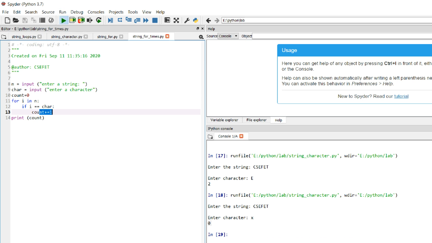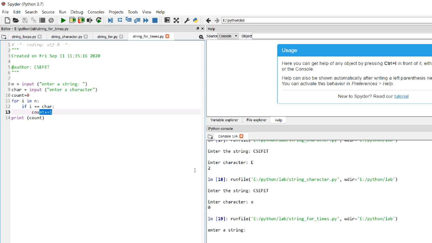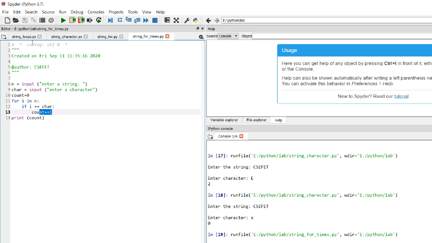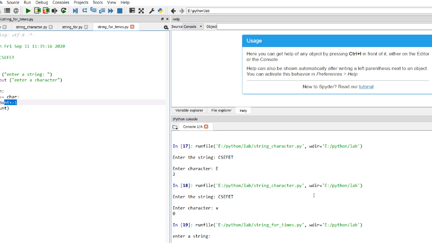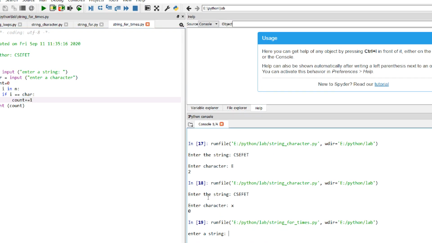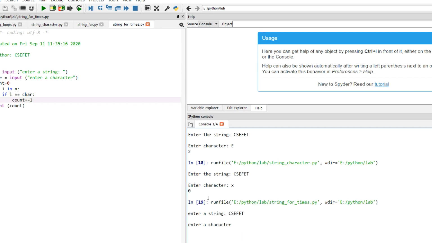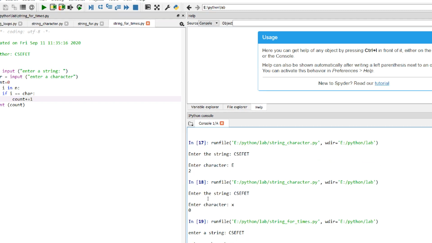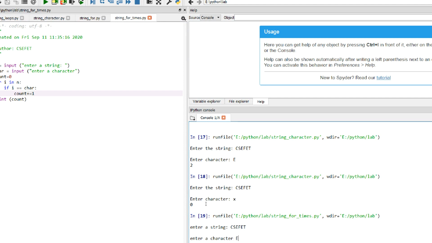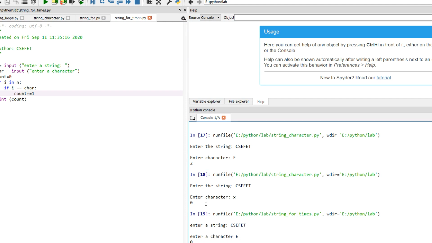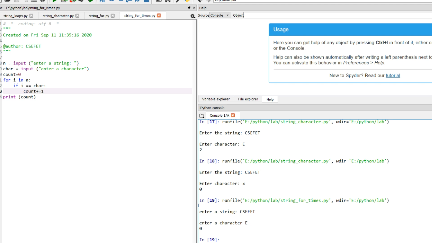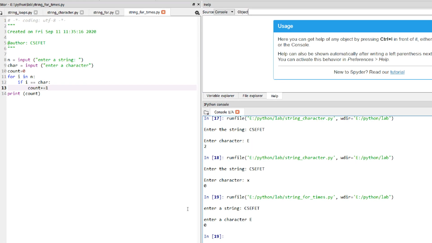So suppose I run this program, it says enter the string, we enter CSCFET, and then it says enter the character, we enter the character E. By mistake I pressed 0. Let me clear the screen.